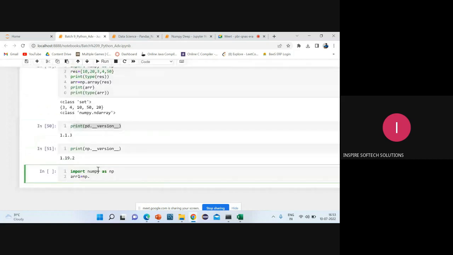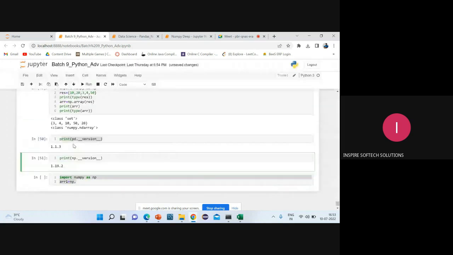So what is the range? From here to here you are giving. Range is nothing but from where to where. You have to give a starting and an end. At least if you're giving a range, it is a kind of looping only. So example, I'll tell you. I'll add one more cell here.